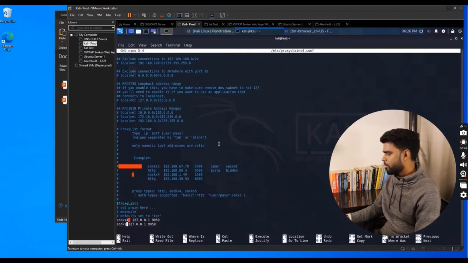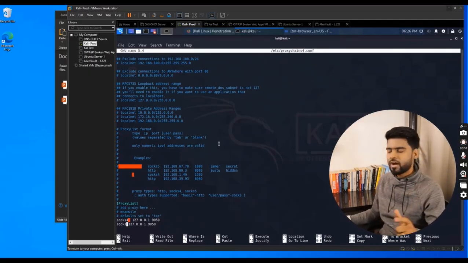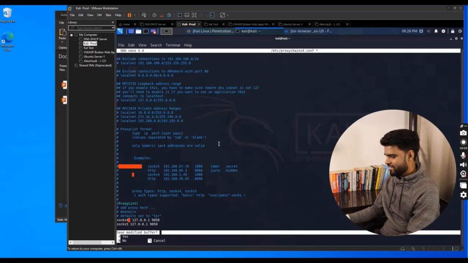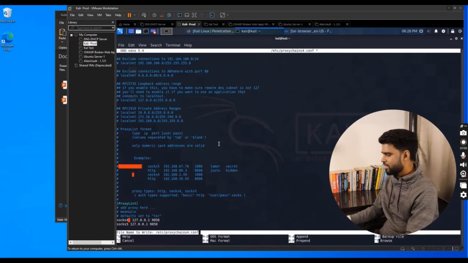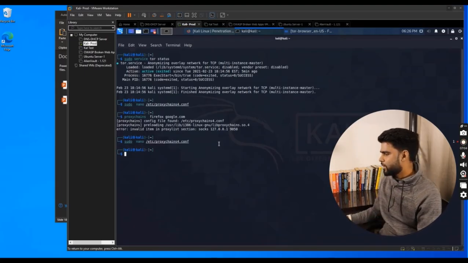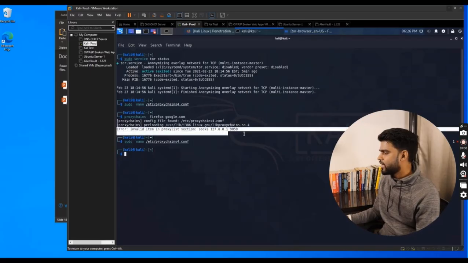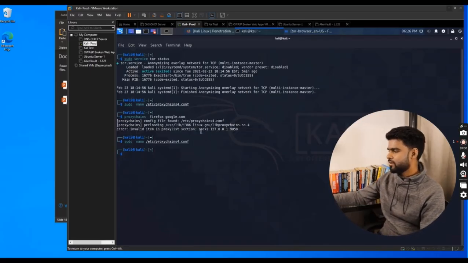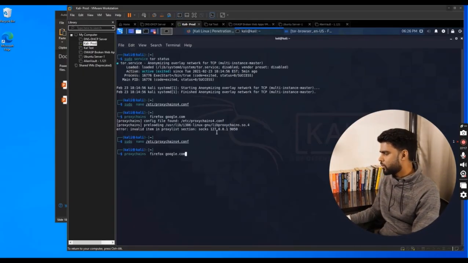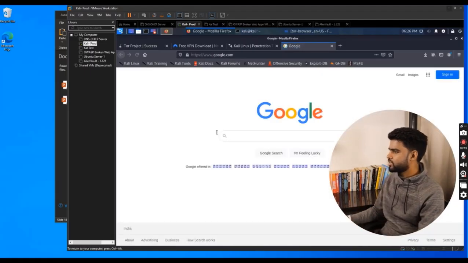Okay, this is the problem, because I didn't mention 5 over here. It's a socks5 protocol. Sometimes it becomes difficult if you don't recognize your error well. I realized this error is very clear once you notice the number is missing. So I can again go back to the same query, proxychains firefox google.com, hit enter, and you see Google